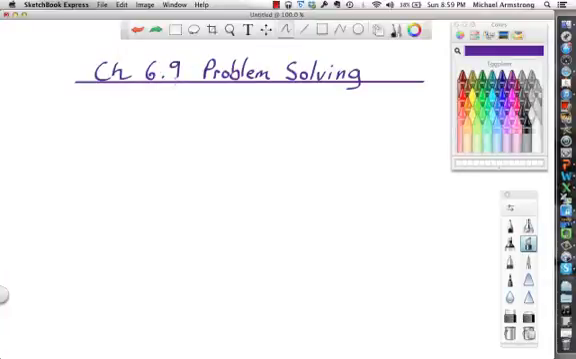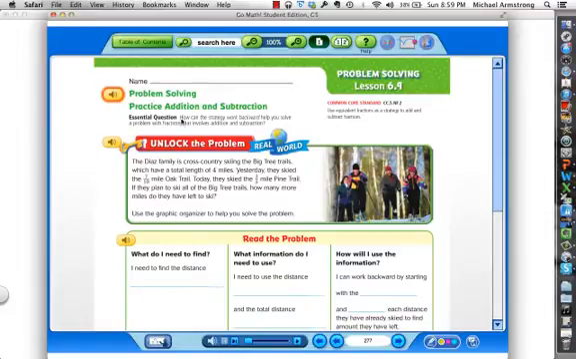Okay, chapter 6.9, problem solving. We're just going to work through the problem on page 277. In fact, I even have it here to show you. We'll just look at it. The essential question: how can the strategy work backwards help you solve a problem with fractions that involves adding and